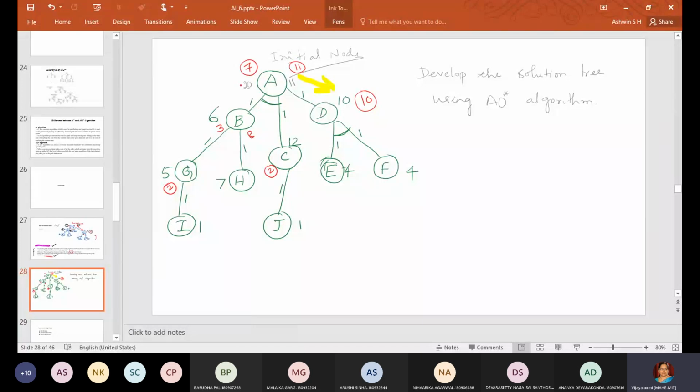So what is the best path now? Whatever we had started here and calculated may not give you the best solution. You have to traverse in this direction, because after propagating this value back, you have got the minimum value. So this is the solution tree, and this is how you have to start moving whenever you have such a problem using the AO star algorithm.